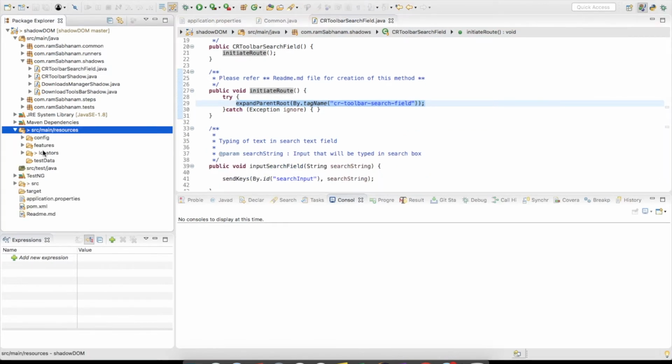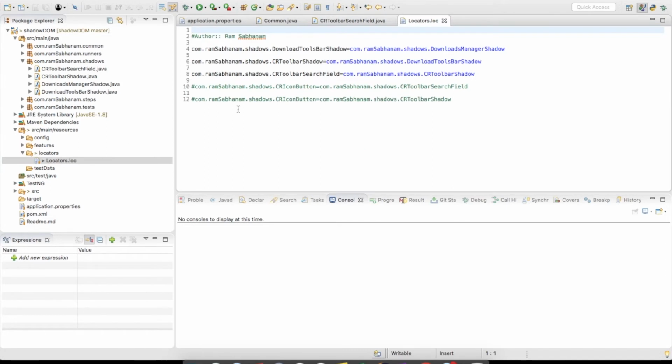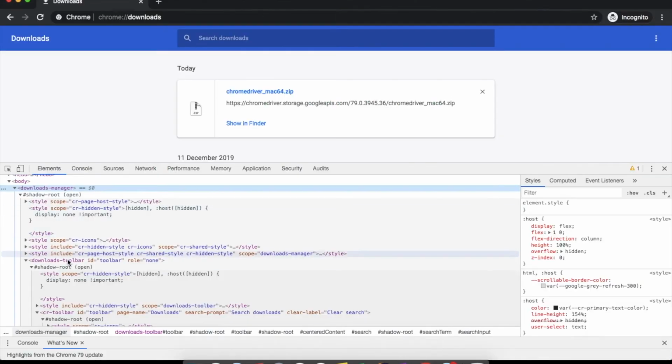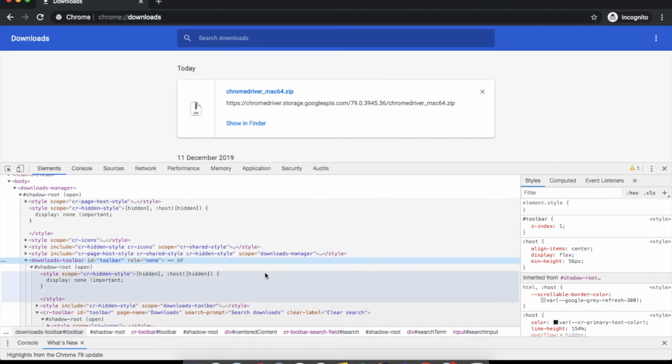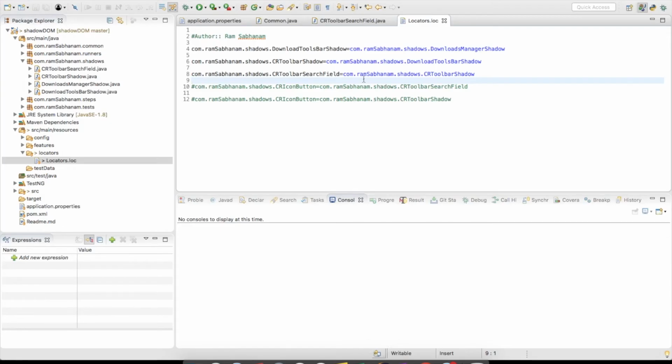So let us quickly go to the locators file. In the locators, on the left-hand side is the child and on the right-hand side is the parent. It means under the downloads manager shadow, there is the downloads toolbar shadow. Like this, we are mentioning each and everything. Let me show you in this, like downloads manager. Under the downloads manager there is a downloads toolbar. So whatever node is under some other node should be on the left side and the parent should be on the right side. Like this you need to mention